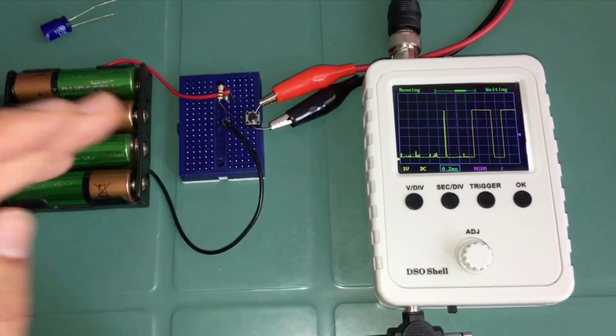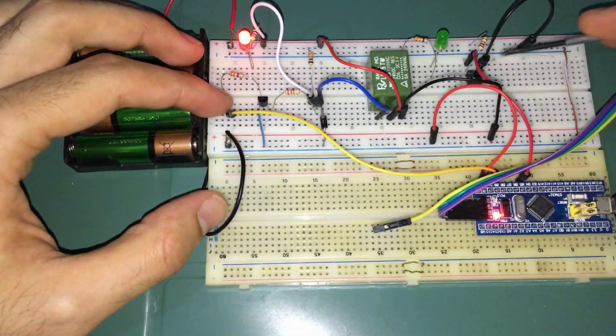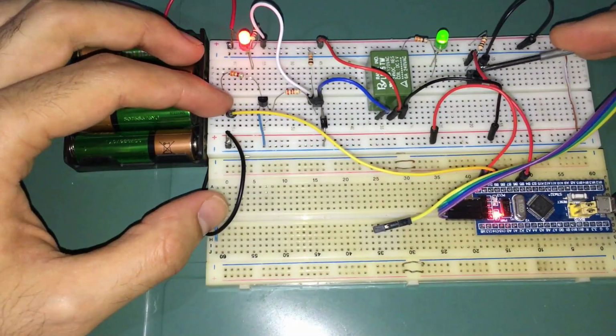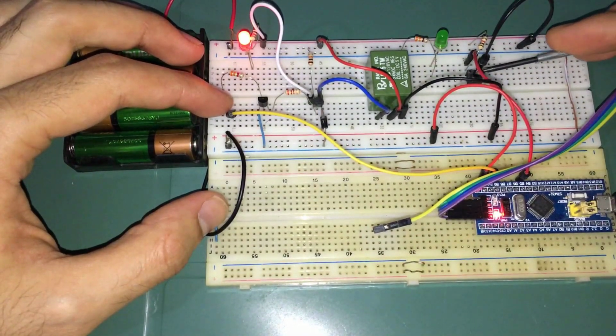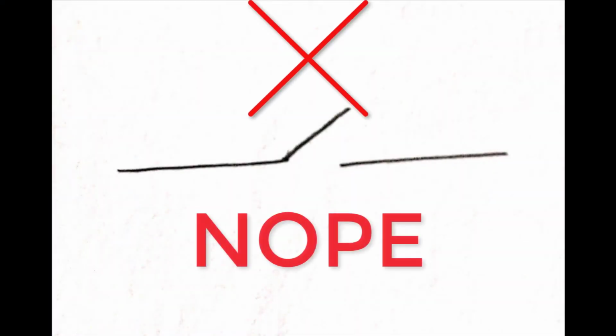This explains the misbehavior of the relay driver circuit when the shunt capacitor was not connected, since in this case, the microcontroller will detect multiple falling edge events at one shot. And of course, this is not desired. The mistake I have done is that I considered the push button as a perfect switch, but it's not, since